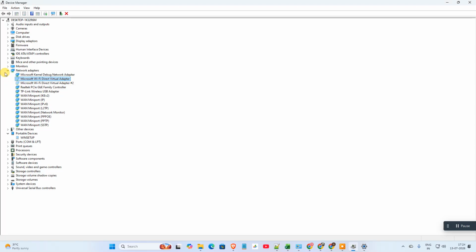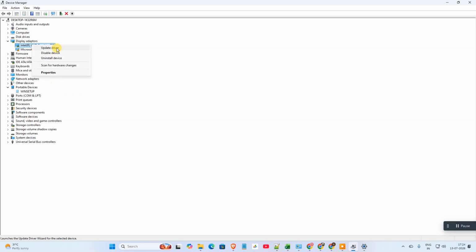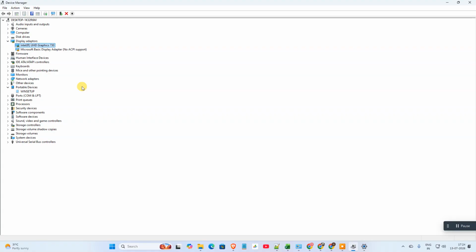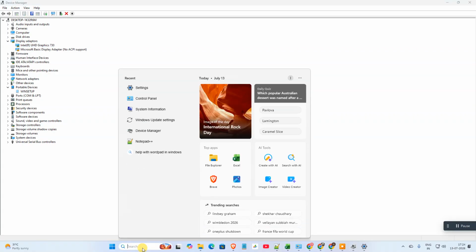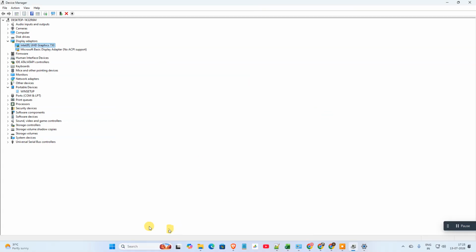Okay, so here we have all the drivers, like you can also install the graphics driver in the same way. Okay, from here or go to Properties, here you can see your driver date and version. From here you can update in the same way. Okay, but if you are using any graphics card like NVIDIA or something, you need to open that NVIDIA software and go to the Drivers section and search for updates. Okay, then from there you can update,